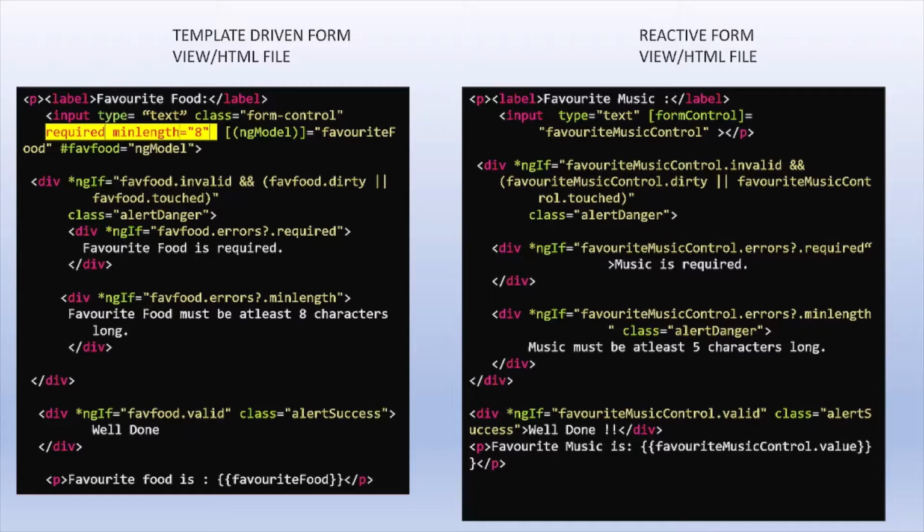Okay, so that's dirty. Touched would mean the user has positioned the cursor and then moved away, not really typed in anything. So that's touched. Why are we using dirty or touched along with invalid? Because we could use just the check for this